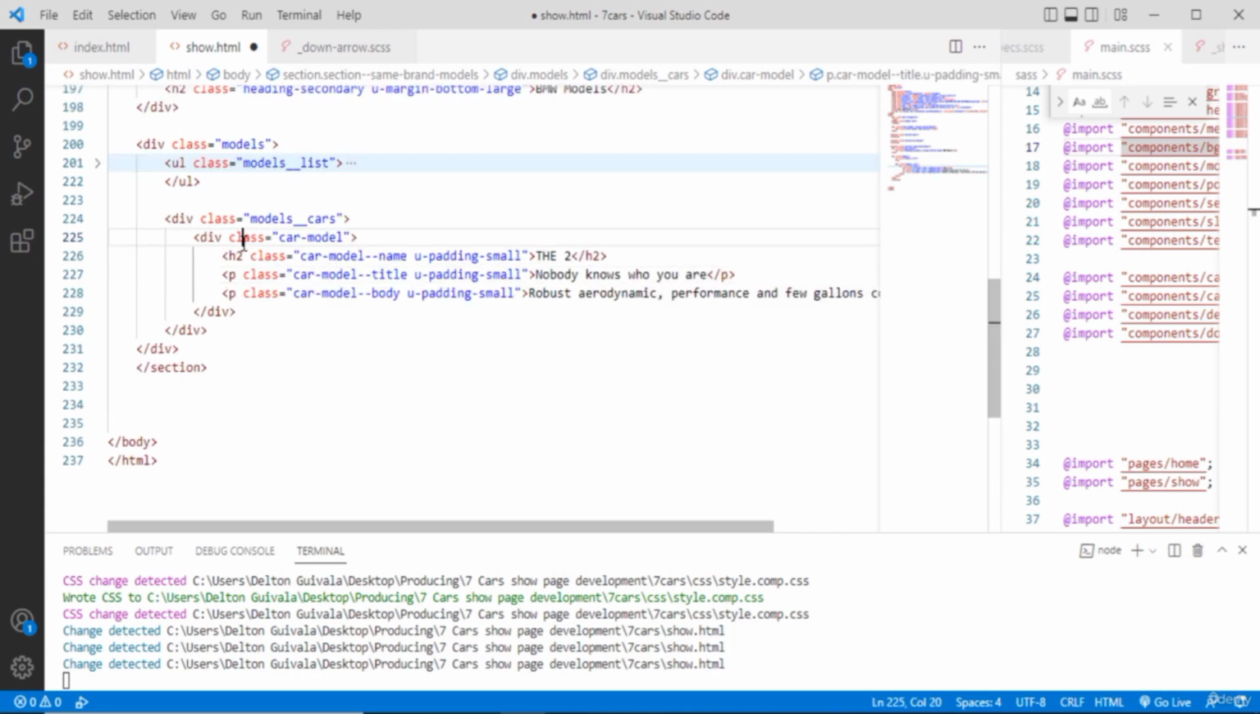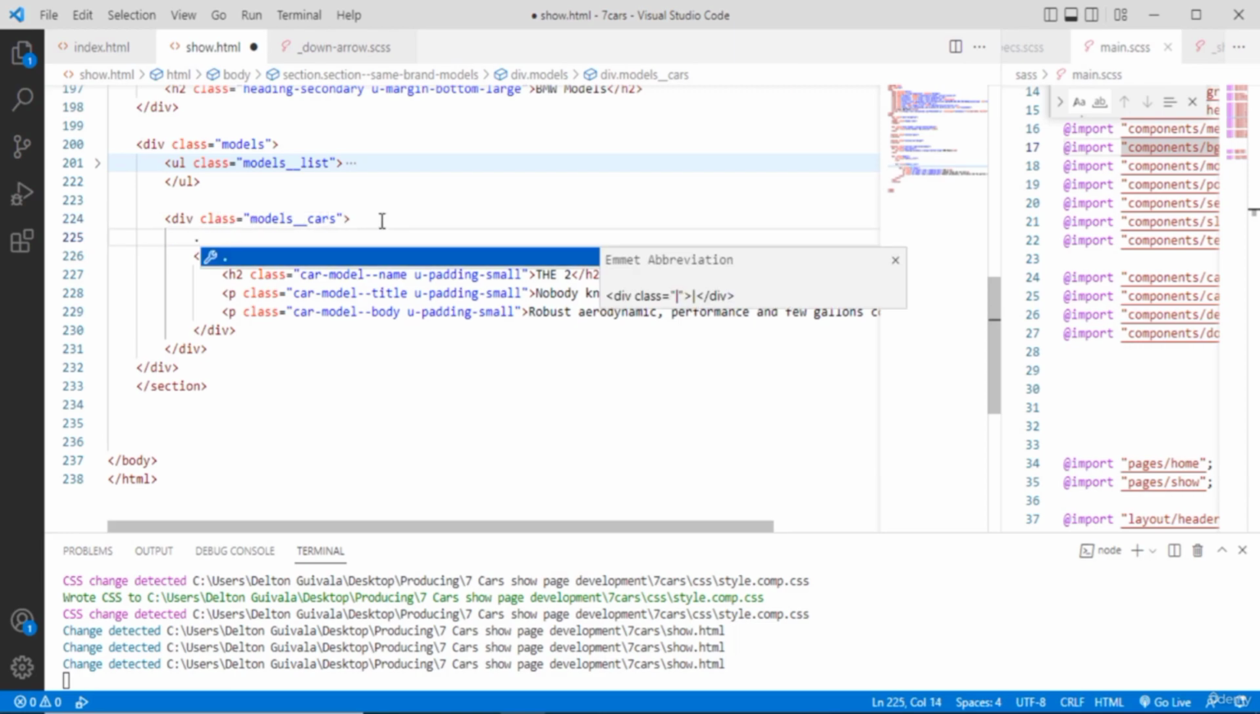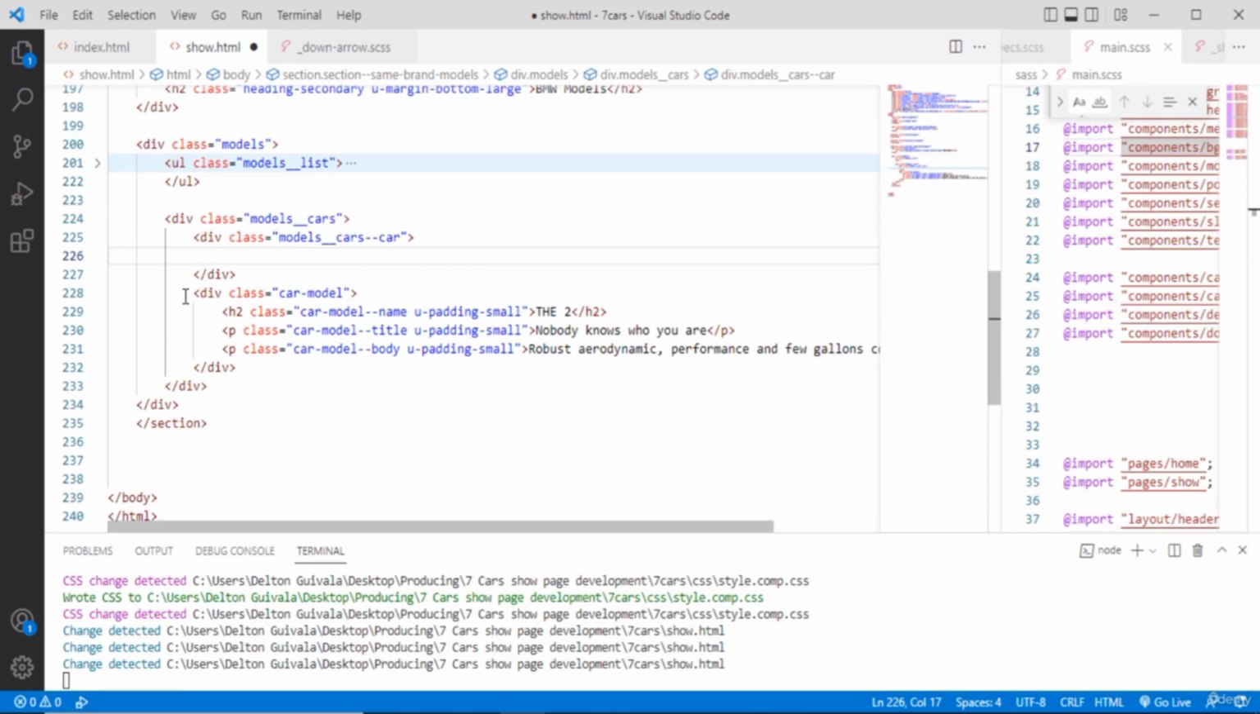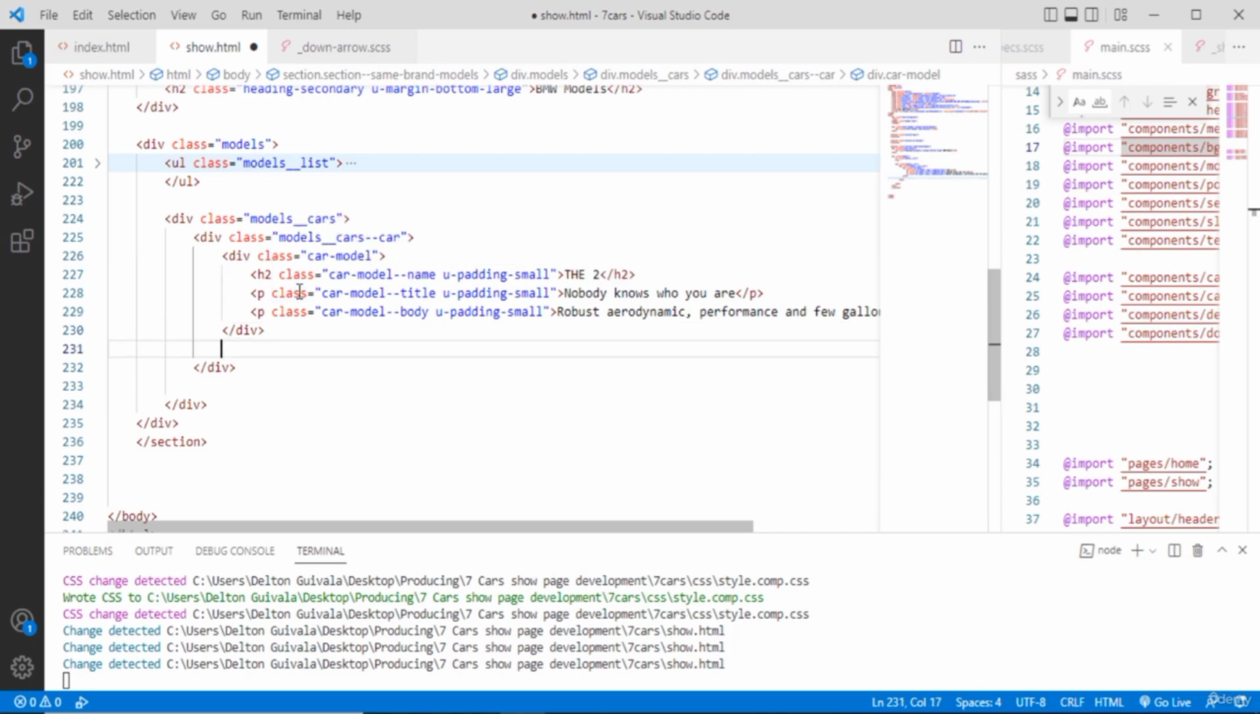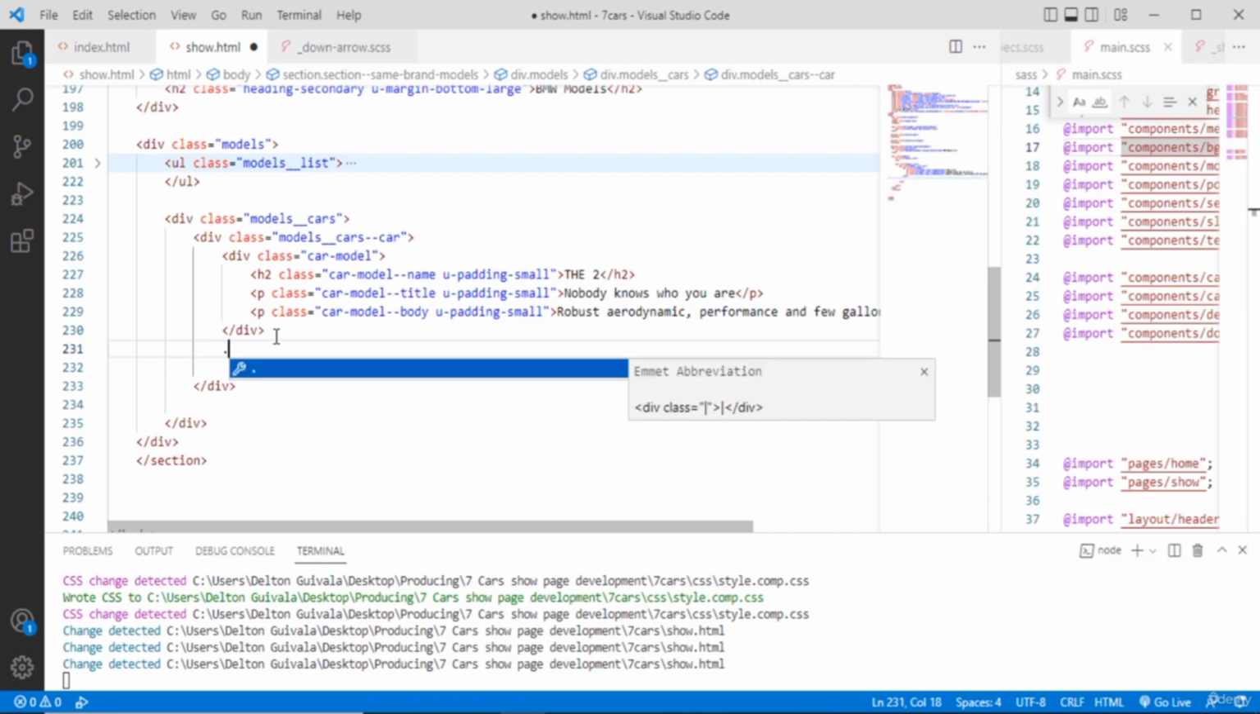Nice. How this is related to the model, this is where I'm going to group my models. I'm going to say that this is simply a car, so models cars. This is one of the cars, so this is one car, and put all these inside of this div. Very good. Next I'm going to have my image, so I'm going to put right here inside of a div